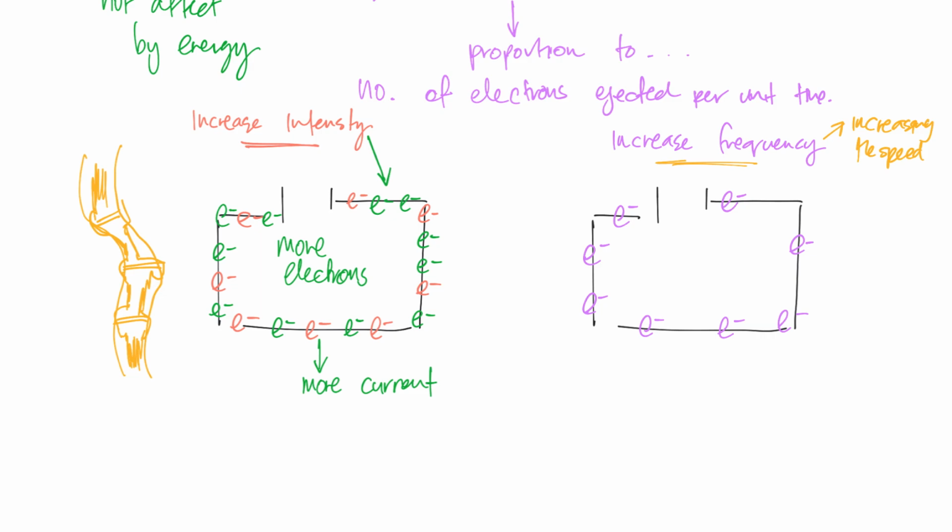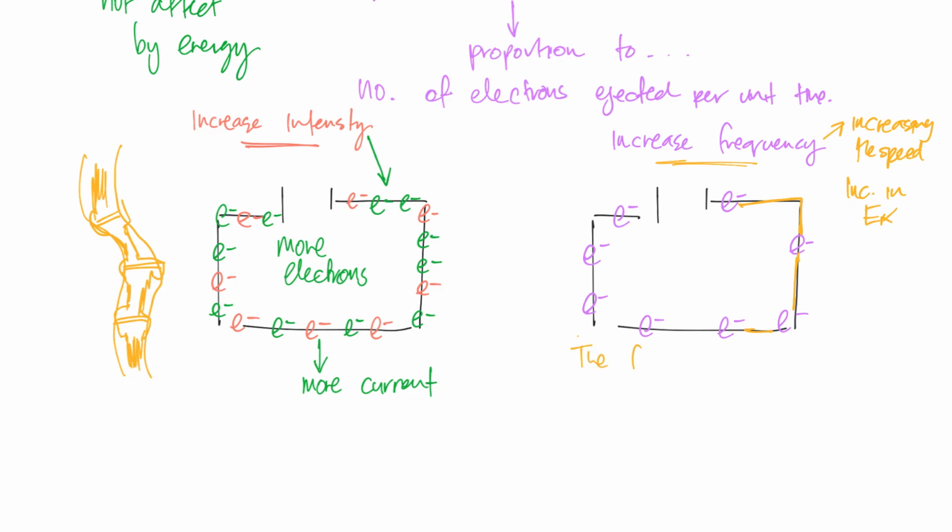My EK does increase, so an increase in the kinetic energy. So the faster the electrons are moving, the more distance each one will cover before the next one is ejected. So basically what's going to happen is, I've got this electron here, it's going to cover this distance here much faster. And then the next electron comes in. All that's happening now is that if I increase the frequency,